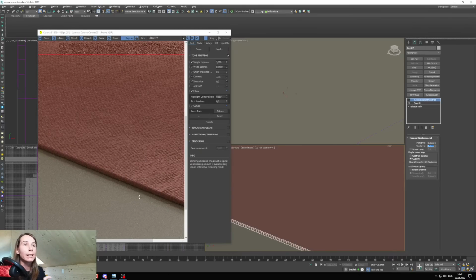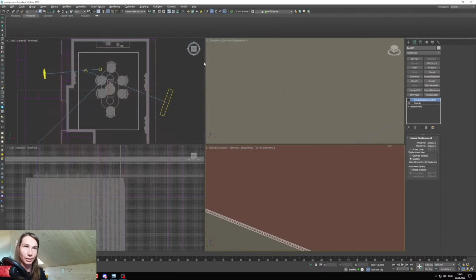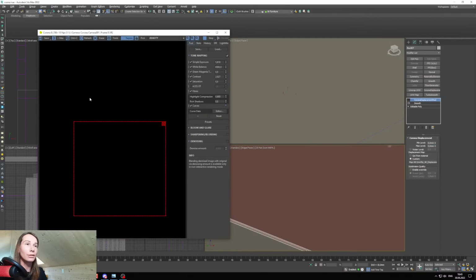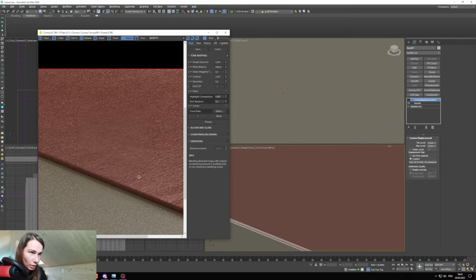And one more thing, the Corona interactive render does not always show the result of Corona displacement mode. So if you want to see the real result of Corona displacement mode, you need to start the production render, so you will see the result. Oh, just in case, I will restart the render. Maybe it will show the result, but